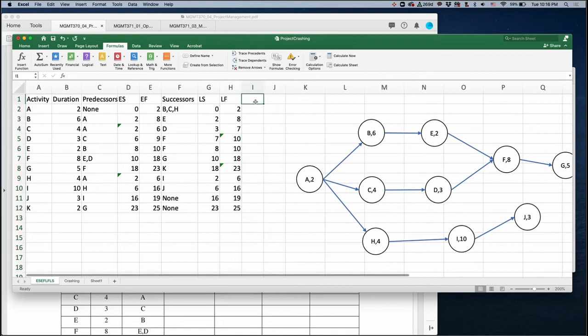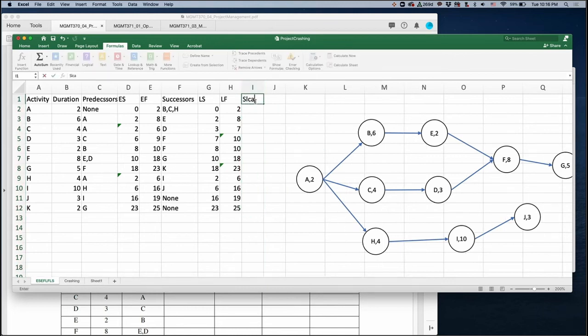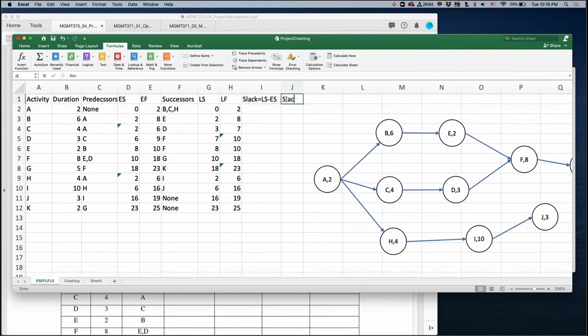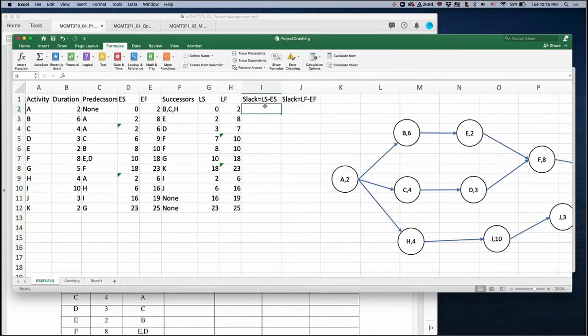Then for this case, LS minus ES, and for this case, LF minus EF. Then with this, you have this slack time. That means C and D have some slack time, but others